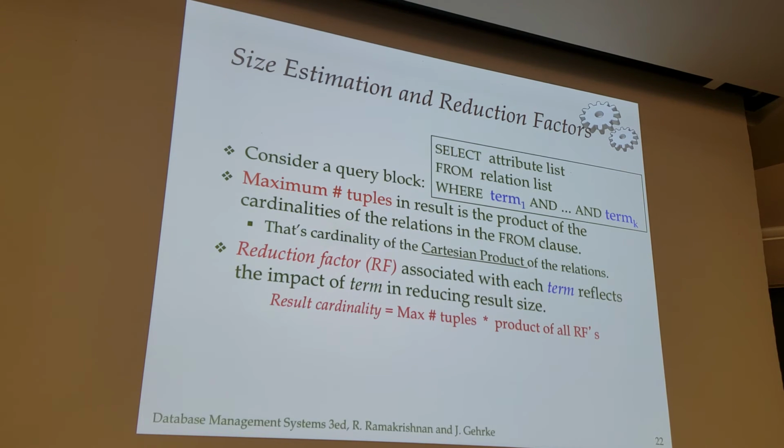And again, there are systems that keep track, for frequently used combinations of terms, of a better idea of what the actual reduction factor would be for the conjunction of the terms. But let me warn you about this. Every time I have a different plan for an 18-way query, I can have all kinds of different combinations of predicates that have been applied inside the result. And so even just the number of different combinations of predicates to consider